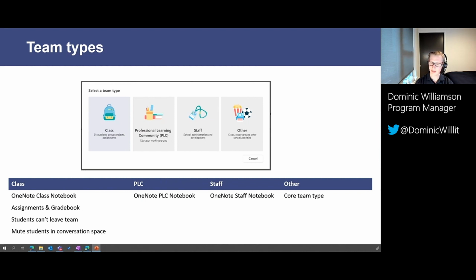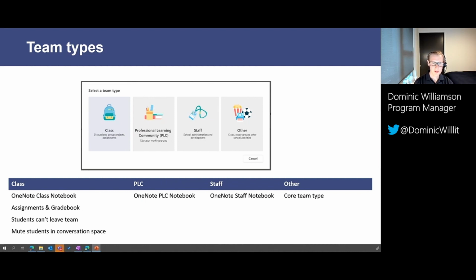Particularly within colleges and universities, we recommend that you should be able to self-create teams as required. So this is a good conversation to have with your IT department if you are seeing team creation is blocked for you. And next week, we have sessions for IT admins where we can show how they can allow you to create your own teams when required, while still meeting their governance and security needs.